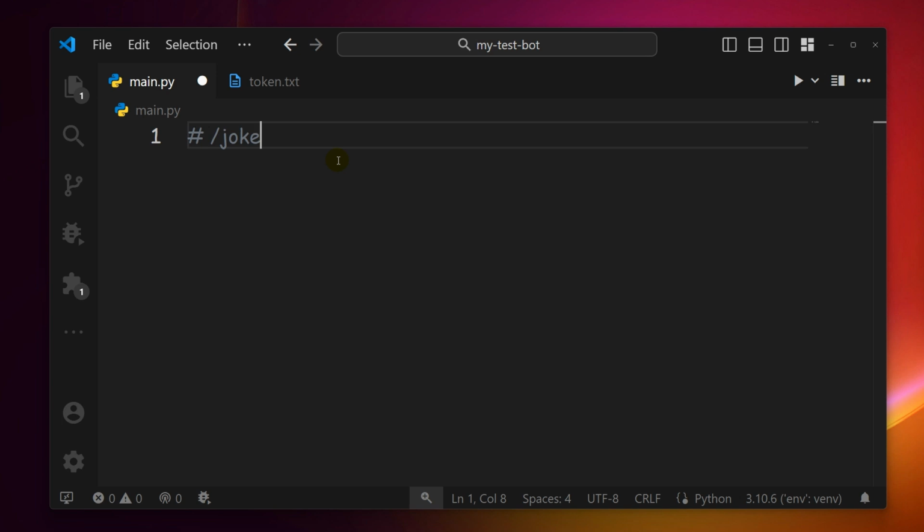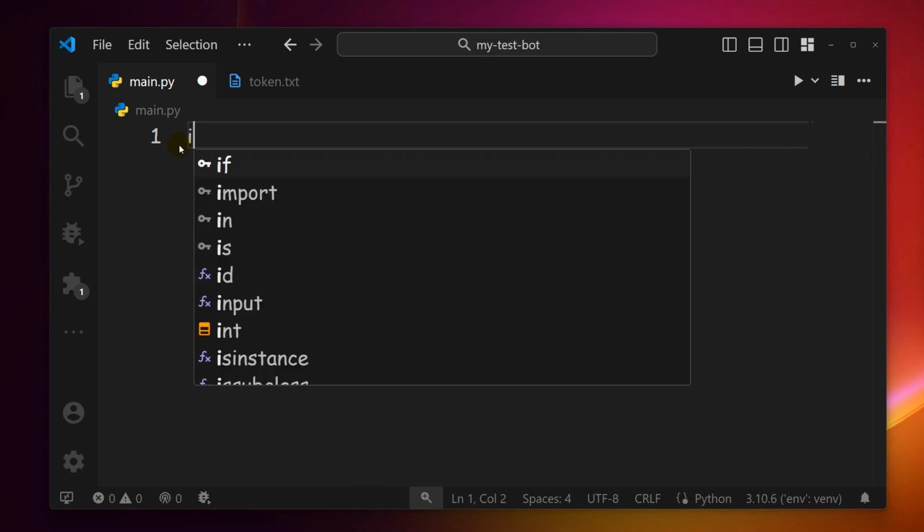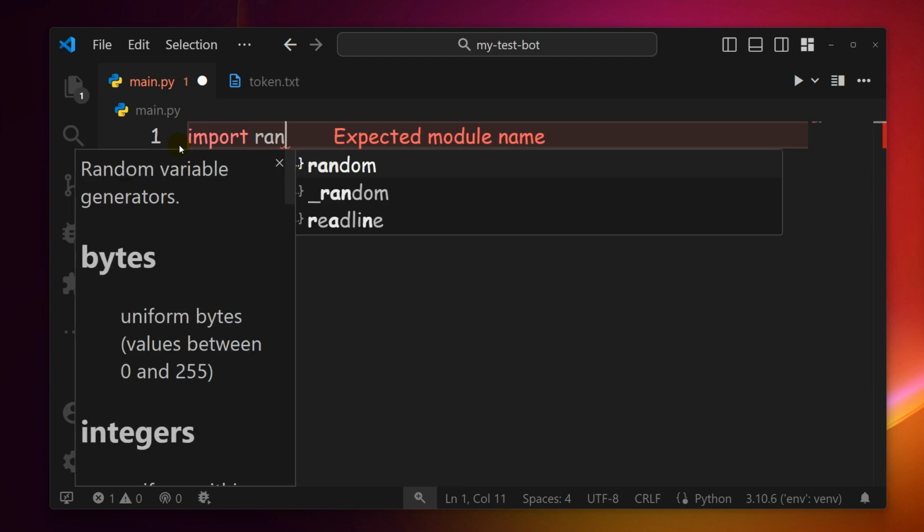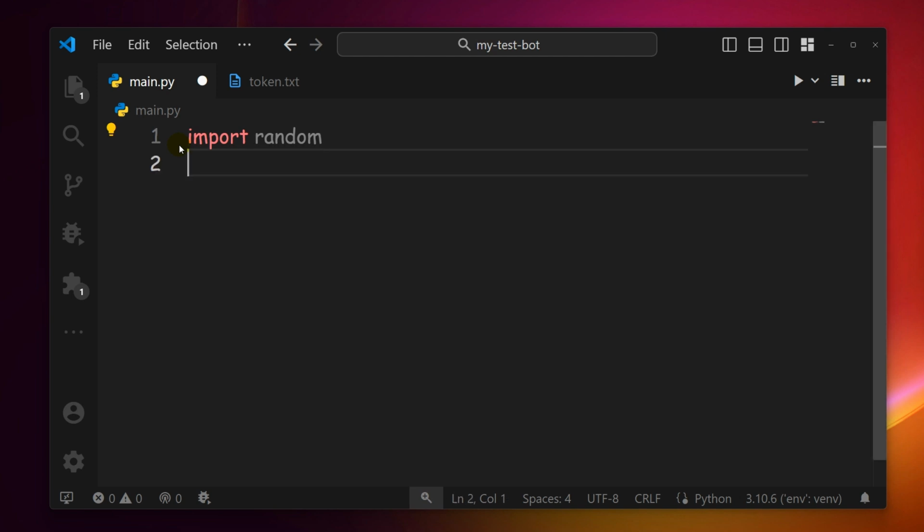First of all, we need to write some code. Don't worry, it's pretty straightforward. We'll start by importing the necessary libraries and modules, as you know. First of all, we need to import random. Why? Because we want to send random jokes from our list to the users who send the bot the joke command. So we're going to import the random library, and then from telegram, we're going to import the Update class,